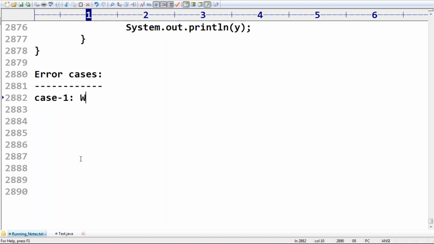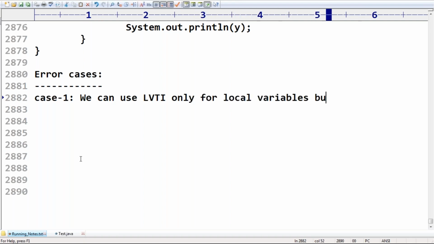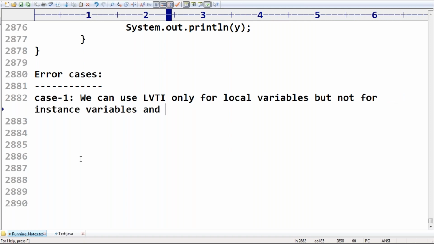Remember this one. So we can use local variable type inference only for local variables, but not for instance variables and static variables.